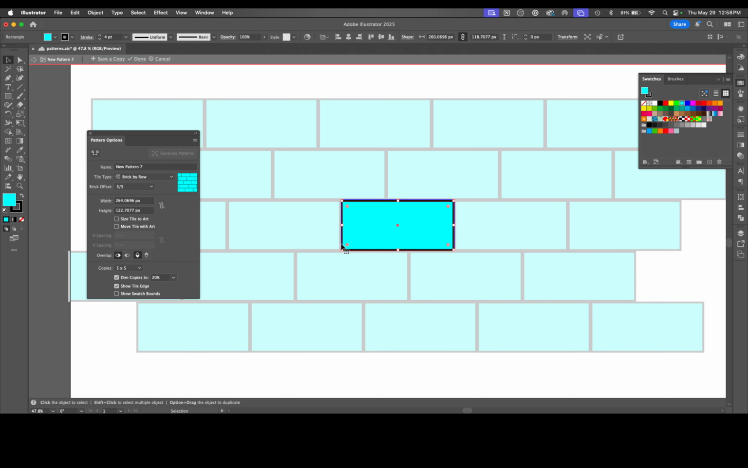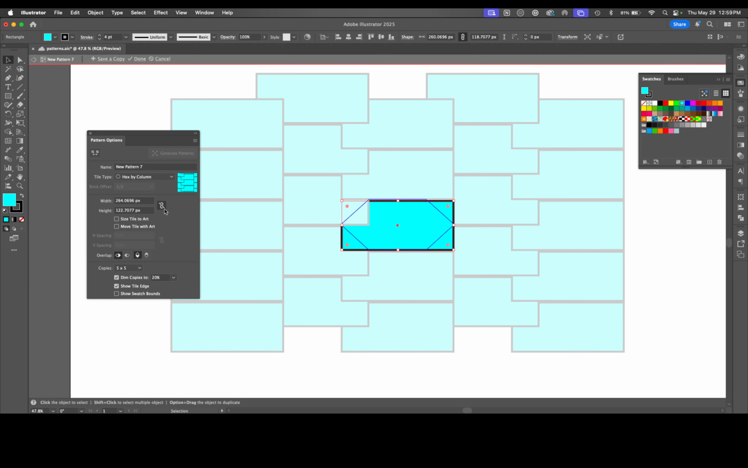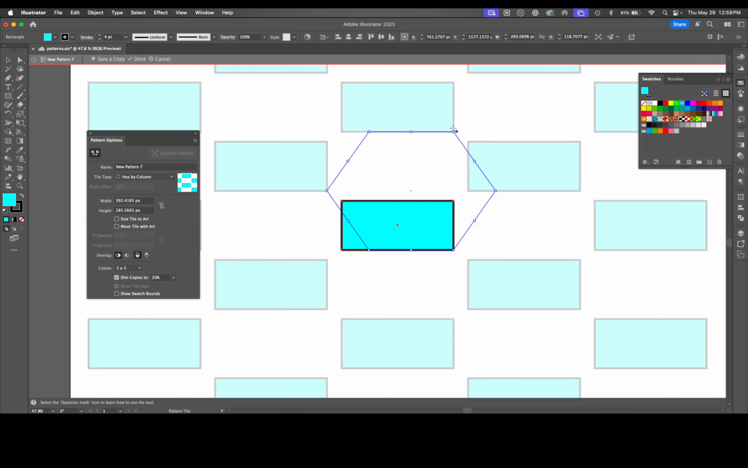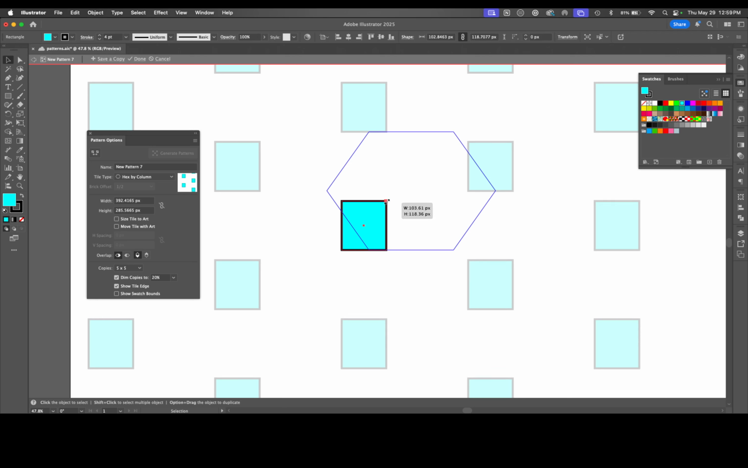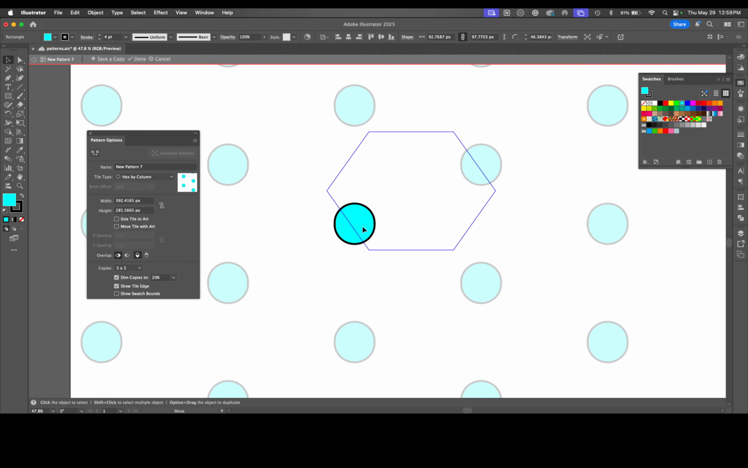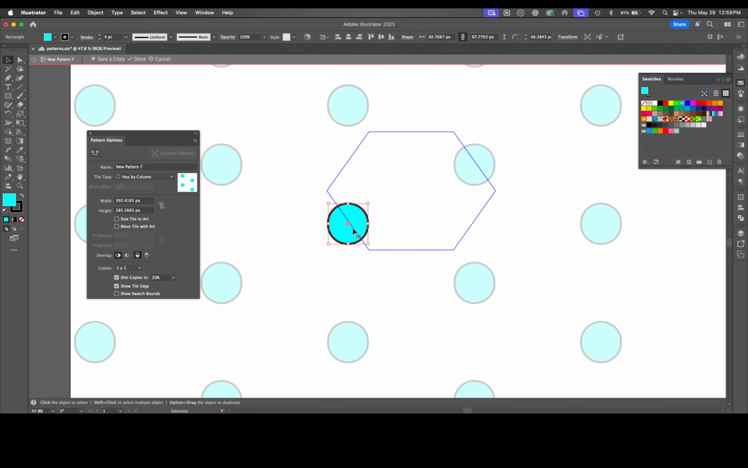But anyway, those are the bricks, okay? Brick by row, brick by column. Then you get into the hex by column, okay? And in this case, I'm gonna resize this here. And let's shrink this guy down. Okay, and what you'll see here is that it's the same thing as before, but now instead of having 4